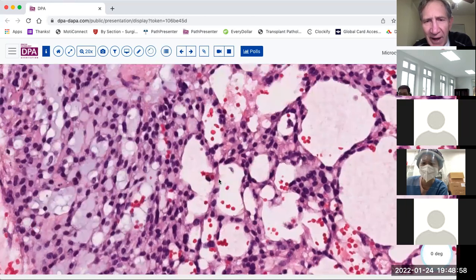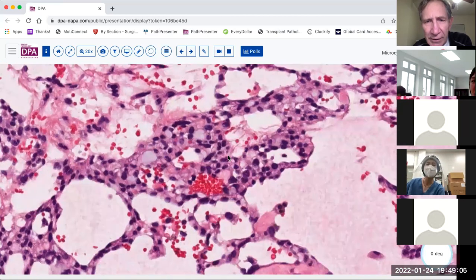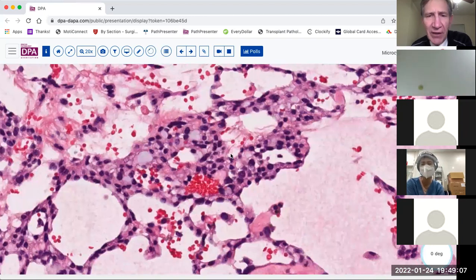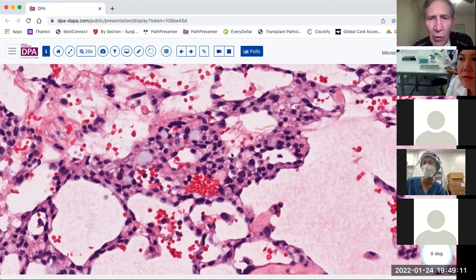But this is, in fact, the example of the microcystic stromal tumor. So I think this is probably a good place to stop because I have quite a few